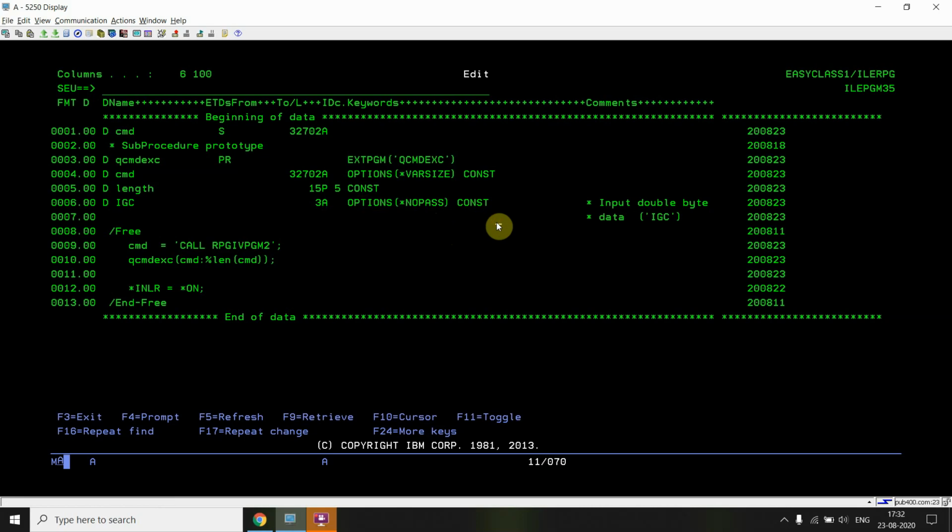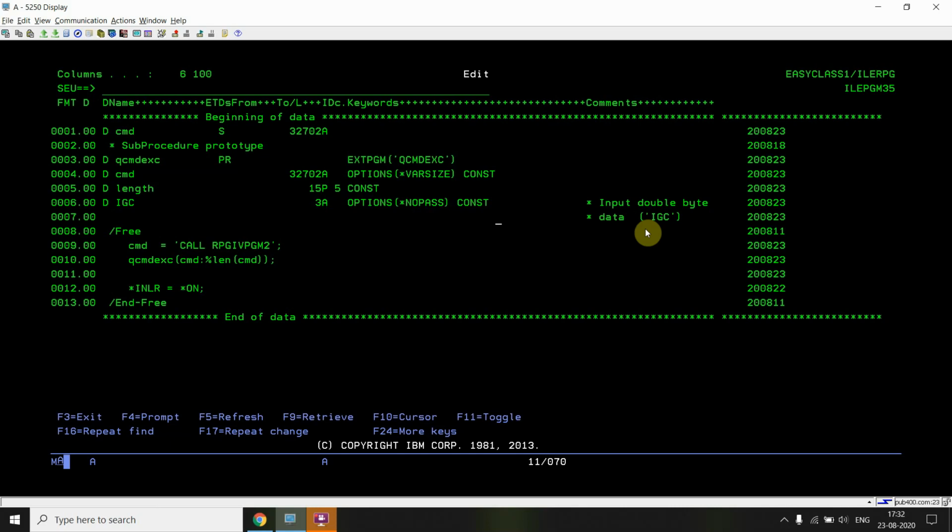Whenever you are trying to pass double byte data, you will be defining a constant value IGC to this. That will request the program to accept double byte data. Currently we are dealing with single byte data.